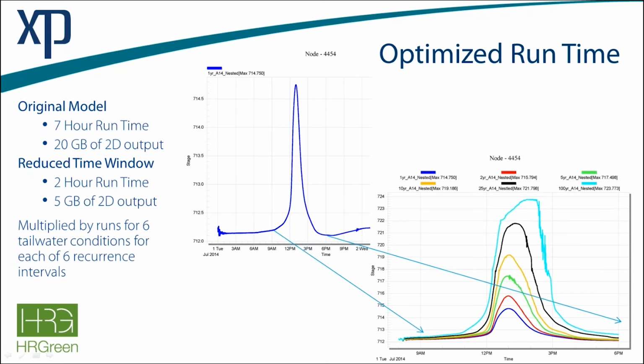But we noticed that, because this is a nested storm, where short duration storms are placed inside the middle of a longer duration storm, all the way up to the 24-hour storm, most of the interesting stuff was happening towards the middle of the day where the shorter duration storms were living. And so we decided we could scale back the hydraulic window and only run the middle 9 hours of the storm. That reduced our runtime to 2 hours for a single storm and to 5 gigabytes for the 2D output,